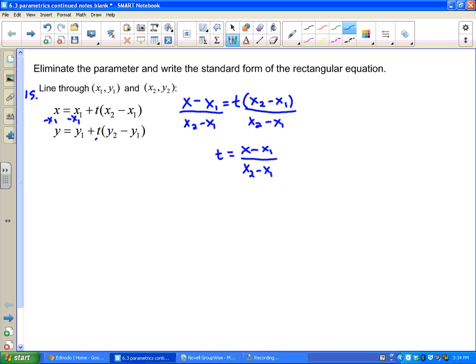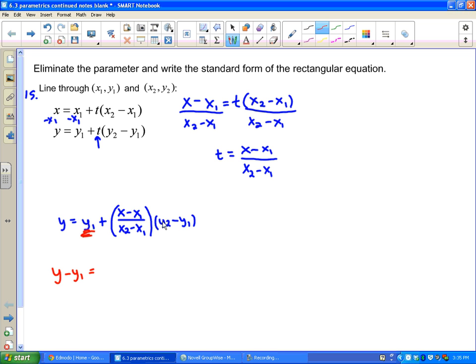So now let's plug that in for t. We get y equals y1 plus, where t is, I'm going to put in x minus x1 over x2 minus x1, and that's multiplied by y2 minus y1. Now, if I do a little bit of manipulation on this, then I can end up with basically point slope formula. If I subtract y1 over to the other side, so y minus y1, that looks like the left side of